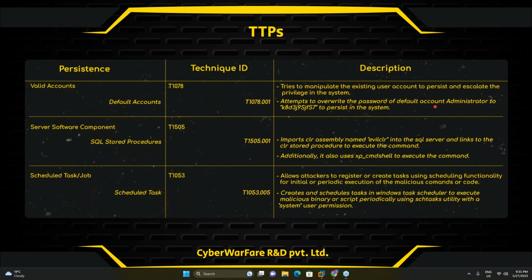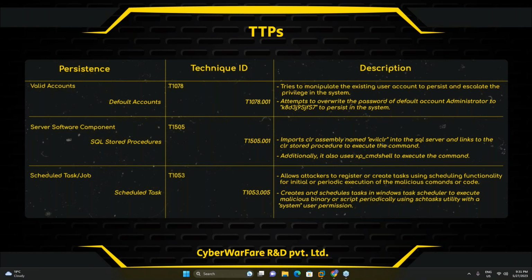It does not change the normal user's password. It only changes the password of the administrator user. That means from the privilege escalation view, the main motive is to change the password of the administrator. But from the perspective of persistence, the main motive is to change the password of the user